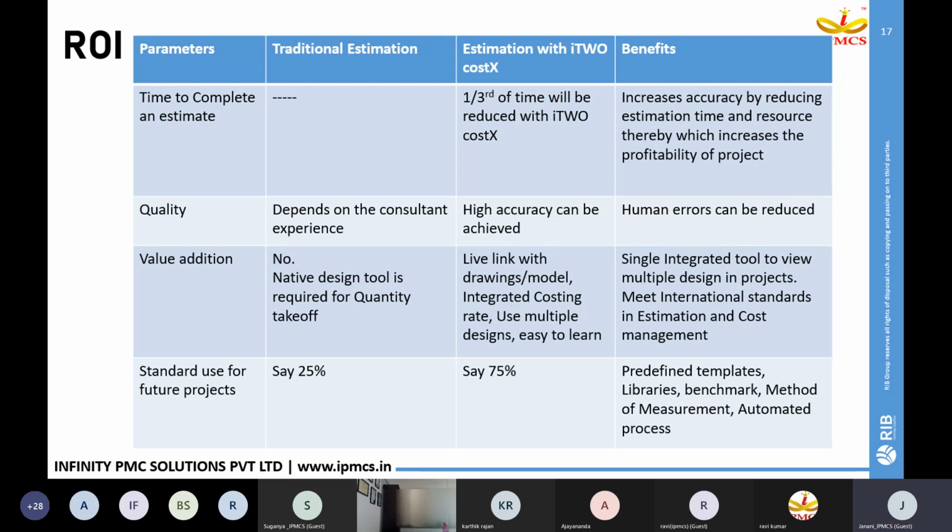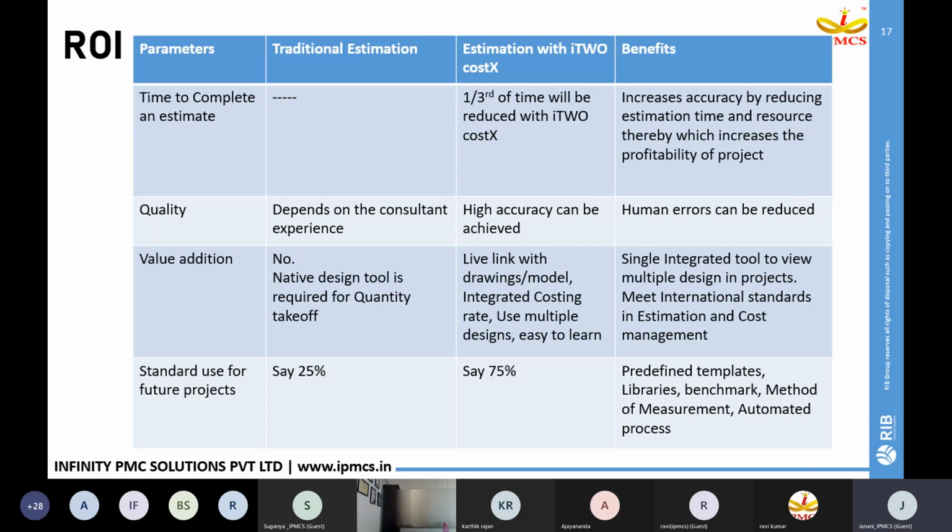When we prepare our estimation the traditional way, we can reuse maybe 25% for our next project. With i2 COSTEX, we can use our older projects as a template, about 75%. Here in COSTEX, not only are the templates related to estimates or rate analysis, we also have libraries where we can save our project coefficients, which are useful for our calculation.